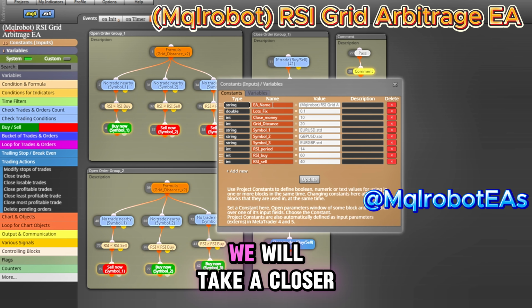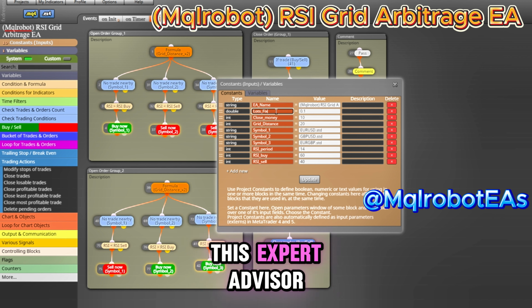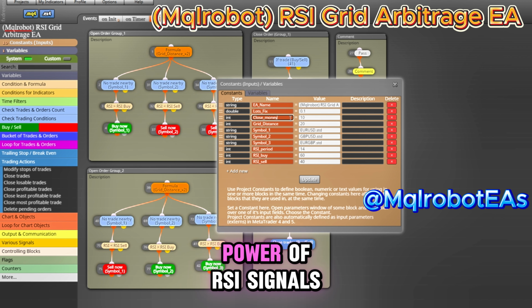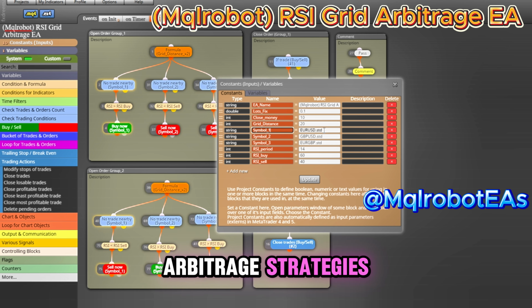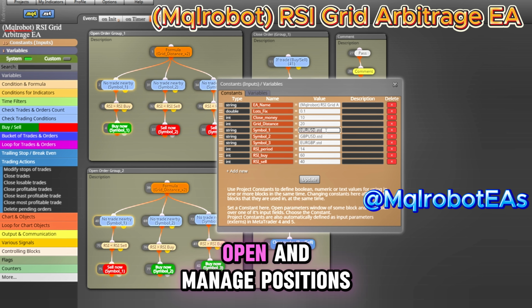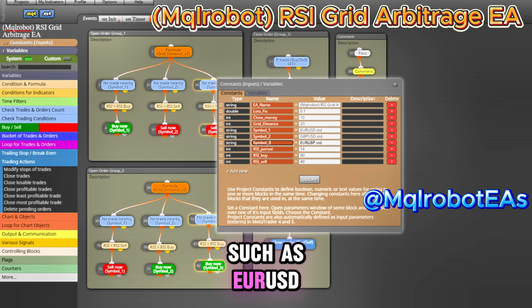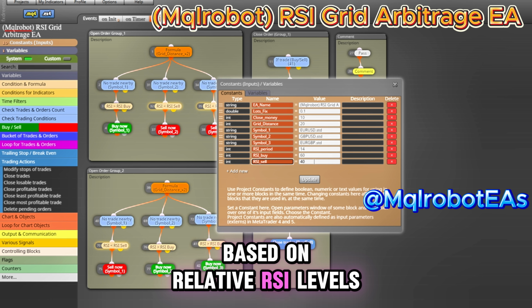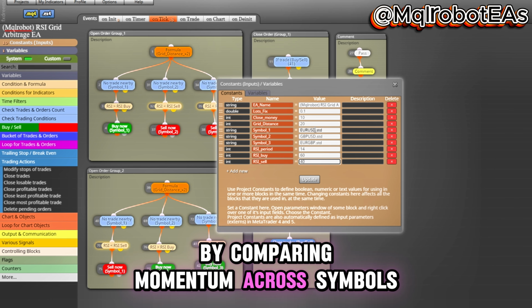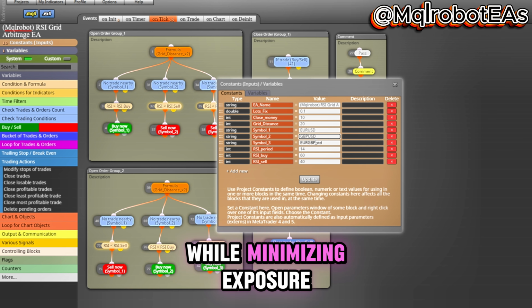In this video, we will take a closer look at the RSI Grid Arbitrage EA. This expert advisor is designed to combine the power of RSI signals, grid trading, and multi-symbol arbitrage strategies. The main idea is to open and manage positions across multiple currency pairs, such as EURUSD, GBPUSD, and EURGBP, based on relative RSI levels. By comparing momentum across symbols, the EA seeks to capture arbitrage opportunities while minimizing exposure through